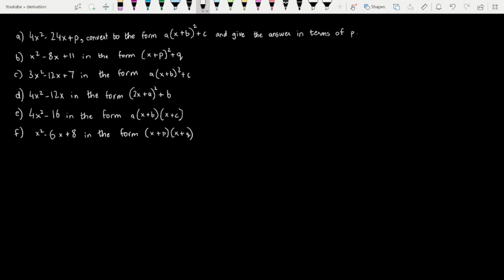We've got some quadratic equations over here that are in their standard form, and what we're trying to do is convert these standard form quadratic equations into their vertex form and into their root forms. So let's get straight into it and look at example A, the first example, which says